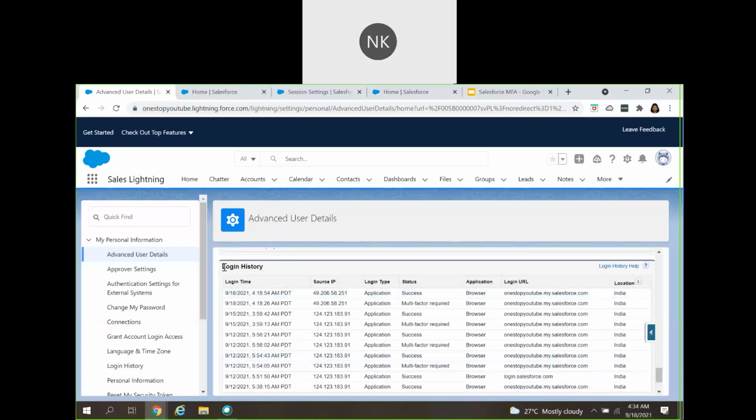And there is another way with which you can do the analysis or debugging. Here you can see the login history. In the login history you can verify when the user logged in and what specific authentication method the user has used. So here it clearly says that the user has used multi-factor authentication and it is successful. If it is unsuccessful, it will give me an error message such as failure. So this is also a way with which you can do your troubleshooting and analysis.